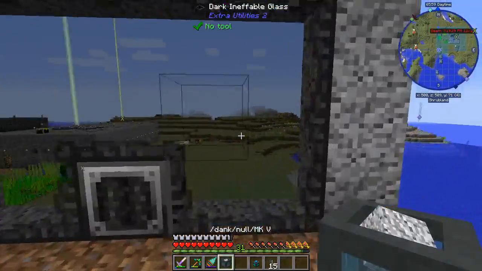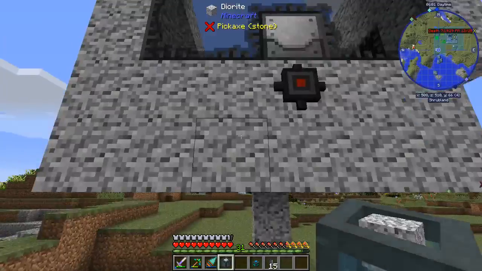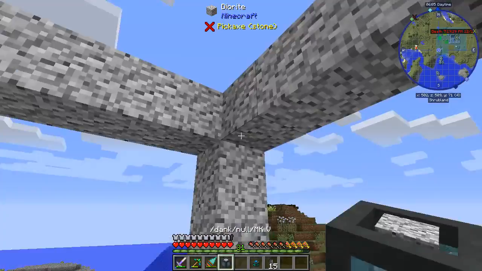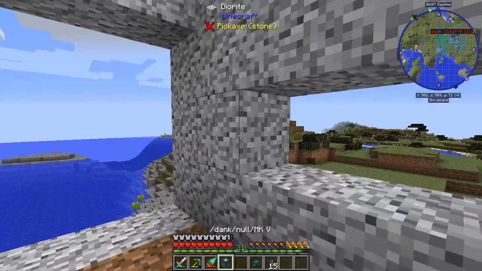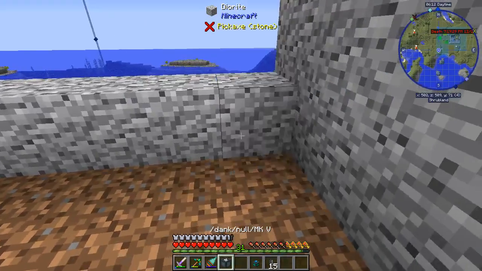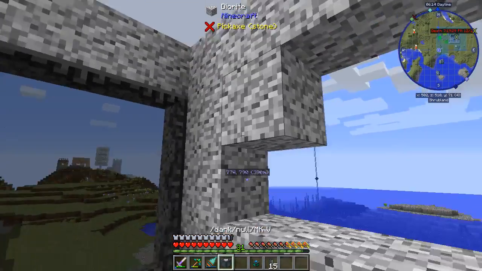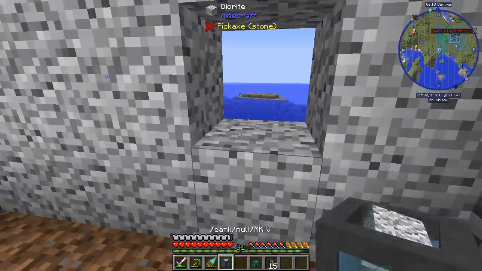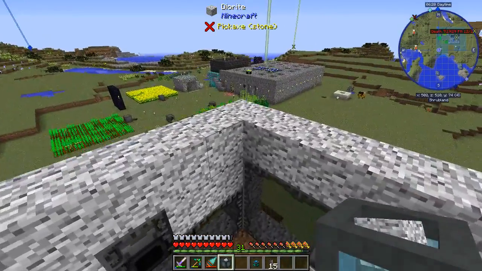And the other nice thing about ineffable glass is you can walk through it. Not only can you see through it, but you can walk through it. Monsters can't, but you can. So it only is passable for players. And I don't know why I decided to make this out of nice, bright, pretty diorite, but